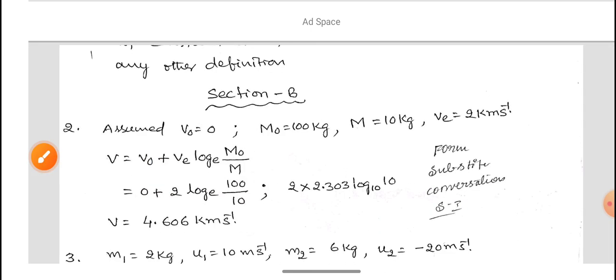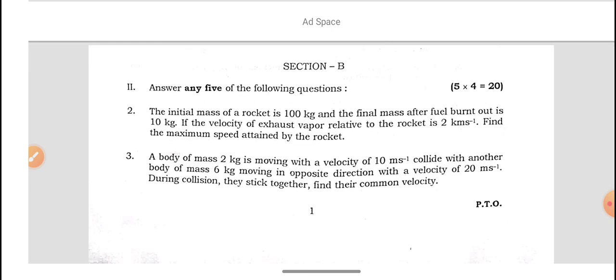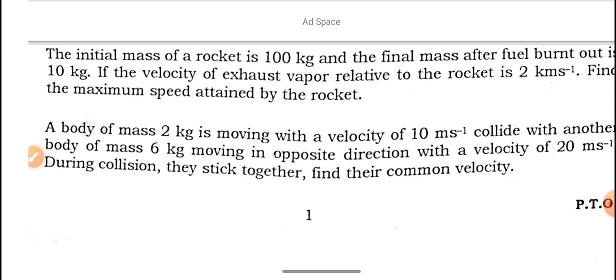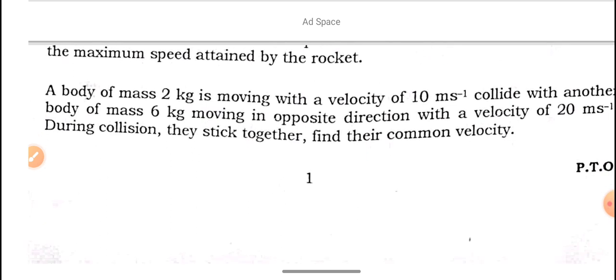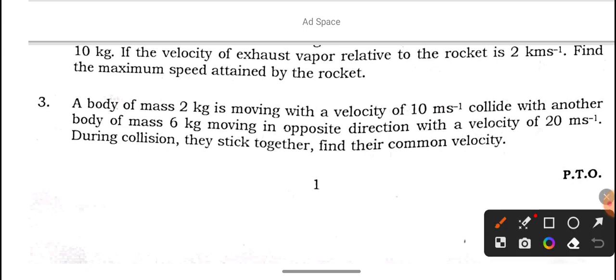So see the next, second question. A body of mass 2 kg is moving with a velocity of 10 meter per second and collides with another body of mass 6 kg moving in the opposite direction with a velocity of 20 meter per second. During the collision, they stick together. Find the common velocity. So there are two bodies. One is 2 kg